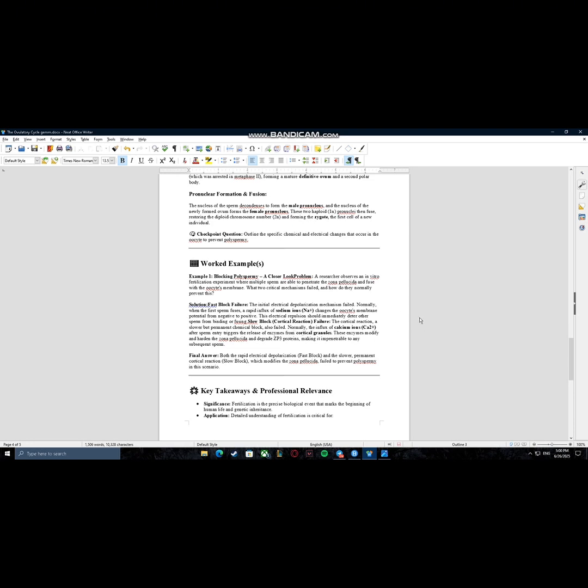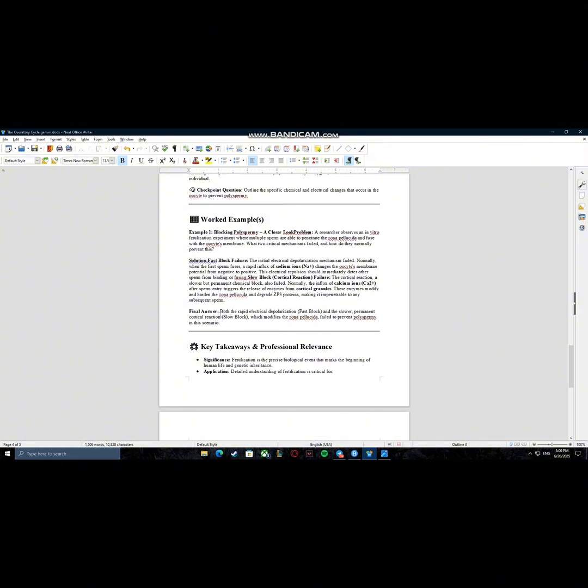Granules are basically like small package structures that have enzymes inside of them. These enzymes modify and harden the zona pellucida and degrade ZP3 proteins. Thus, when we're hardening the zona pellucida, we're basically removing ZP3, which allows binding of other sperm, making it impenetrable to any subsequent sperm. Final answer: both the rapid electrical depolarization, the fast block, and the slow block have failed to prevent polyspermy